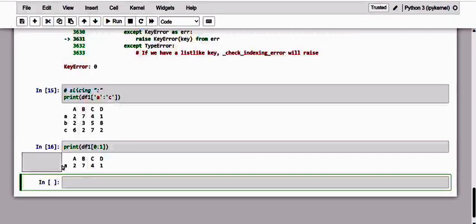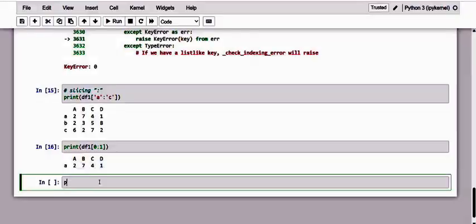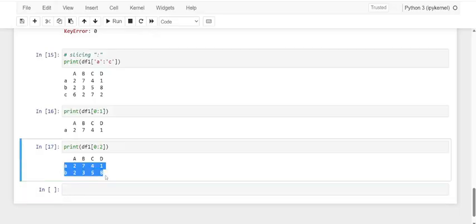So we are selecting the first single row, although it is normally used for selecting a set of adjacent rows. Let me do the same thing with df1, and here I'm going to give 0 to 2. See here, we are able to get more than one row.